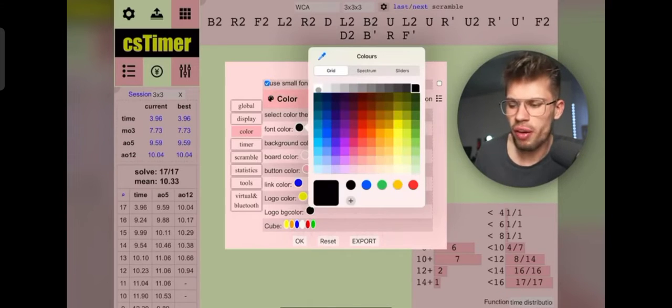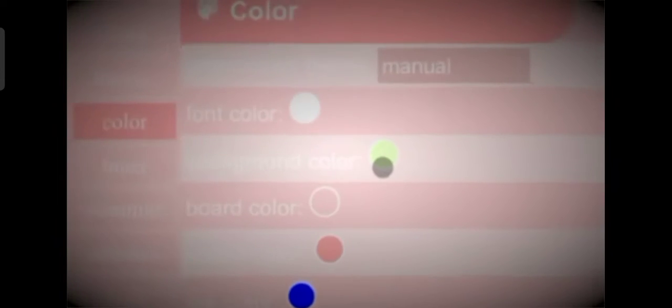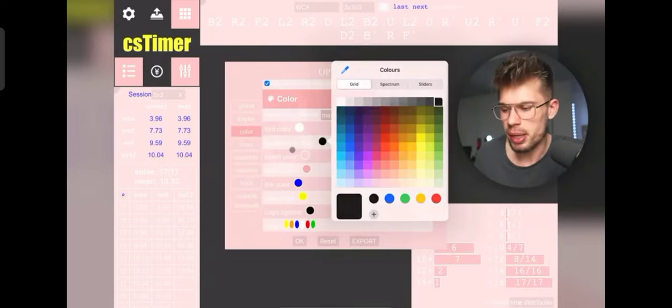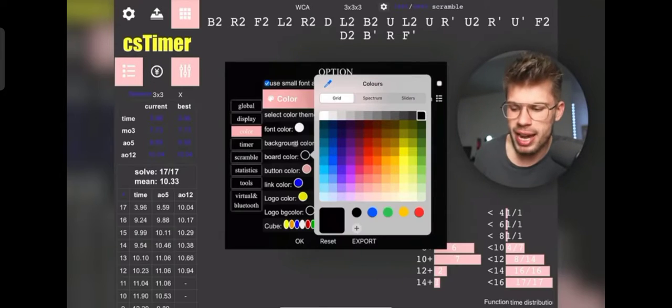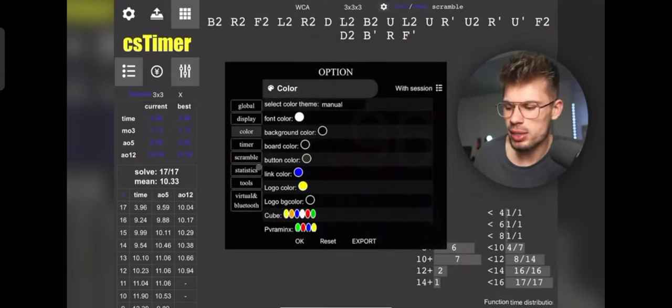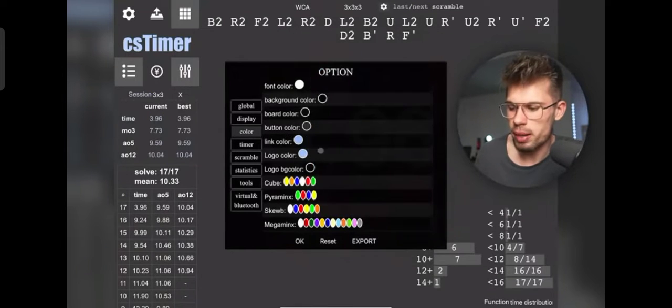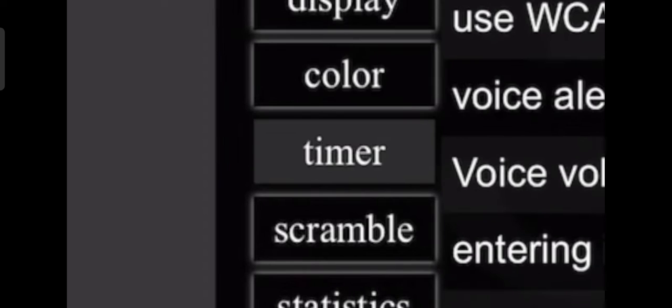This is really important. Font color, white. This looks even worse, but just wait a second, guys. The background, black. Board color, black. Button color, not quite black, just like the one next to it. Logo color, this bluish hue right here. Link color, I do this light blue as well. This is already looking so much better, but just wait a second because under timer right here, we can actually